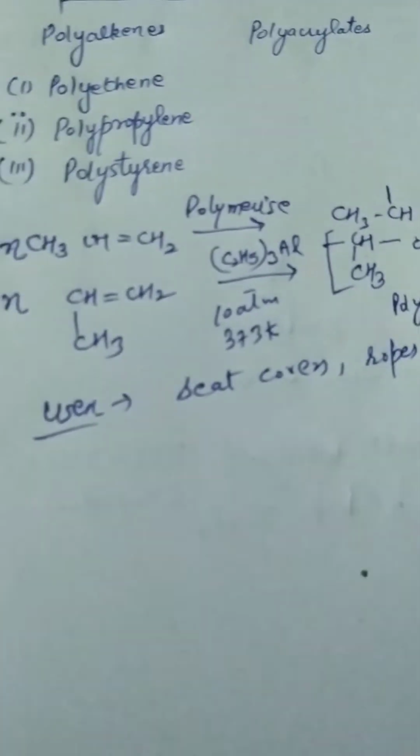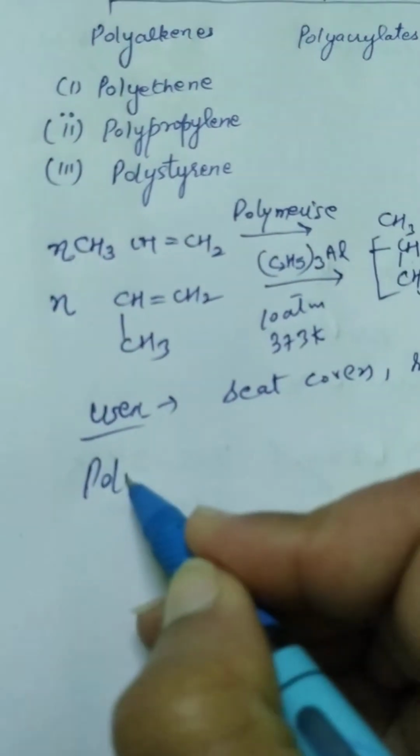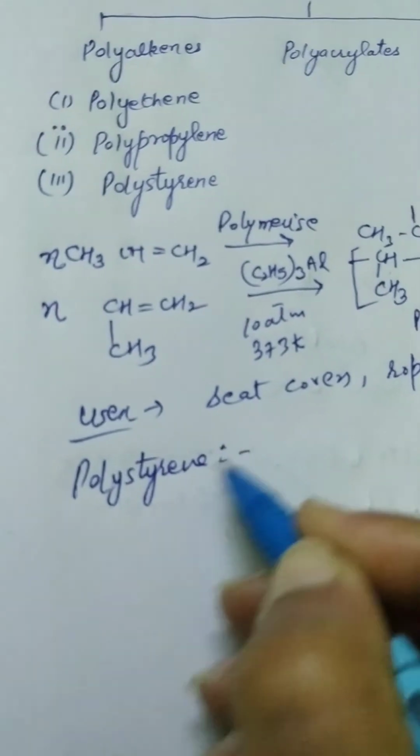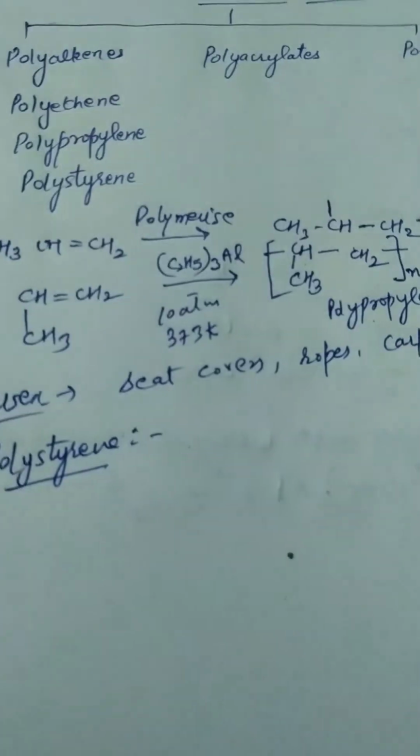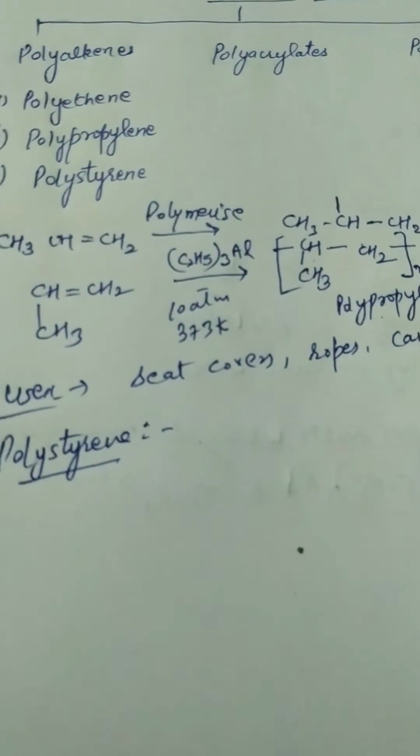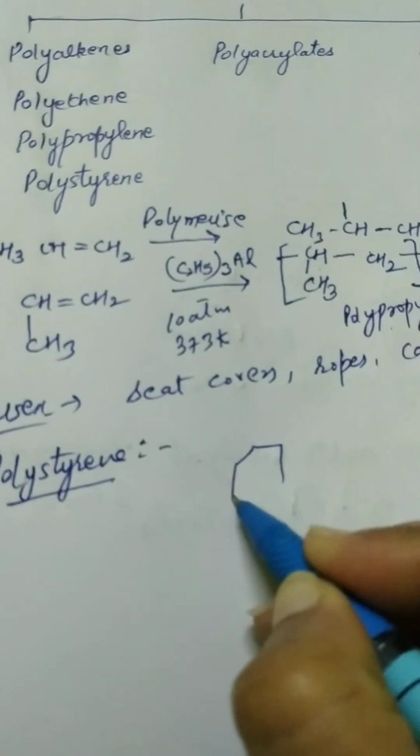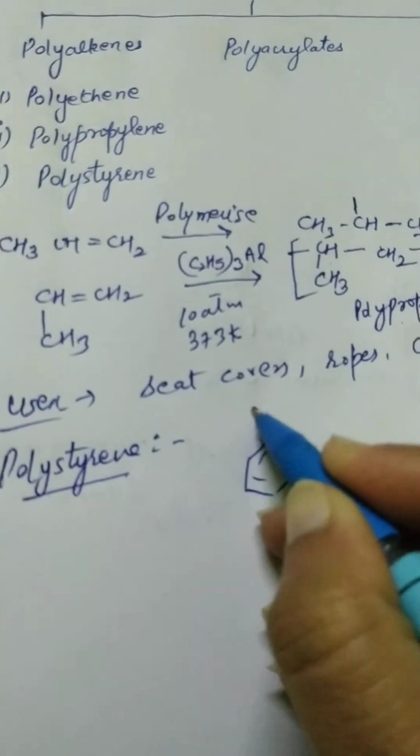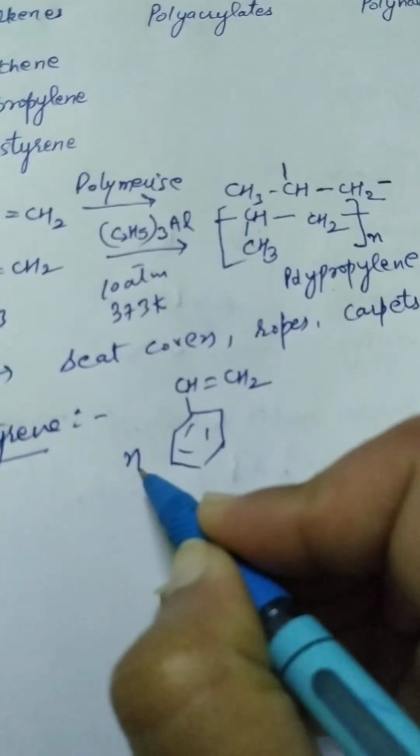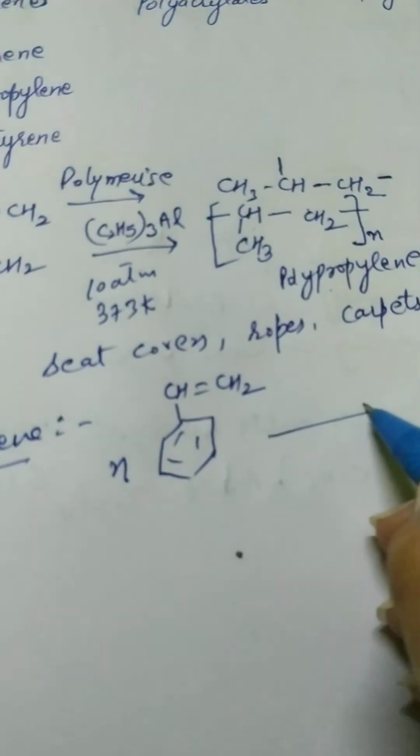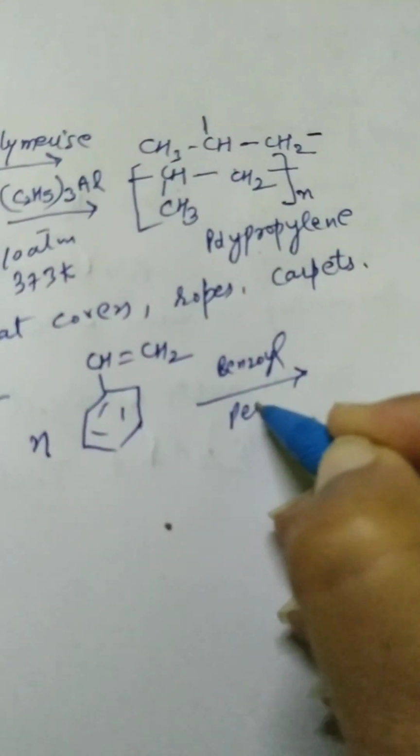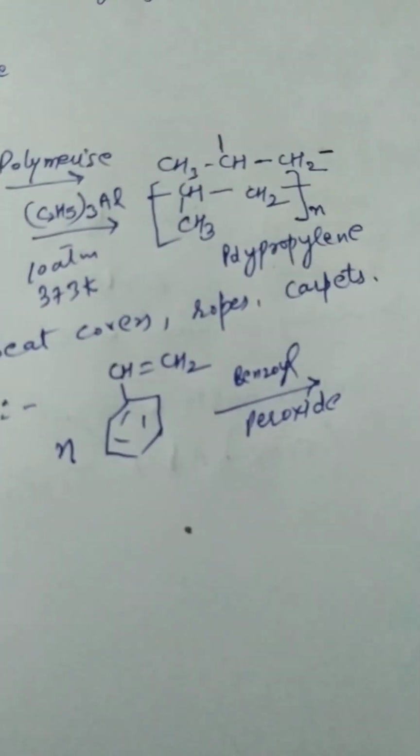Next molecule is polystyrene molecule. In case of polystyrene, poly means many and styrene means styrene molecule. Vinyl benzene is also called styrene. So we have to start from this styrene molecule. We have to take n such monomers which will polymerize in the presence of benzoyl peroxide. And it will be forming